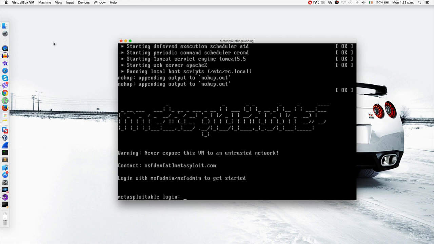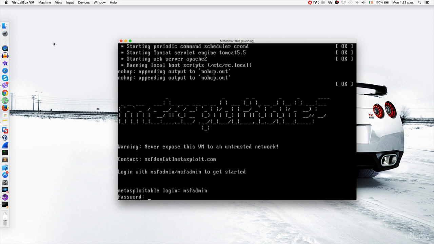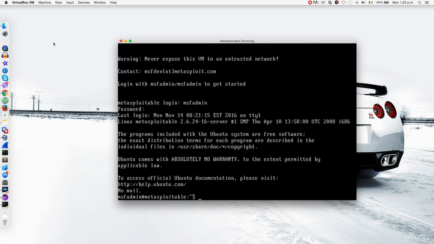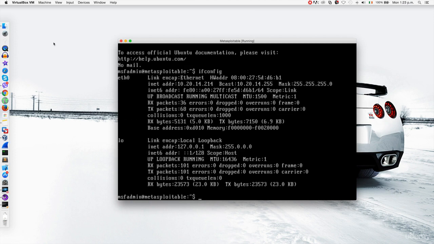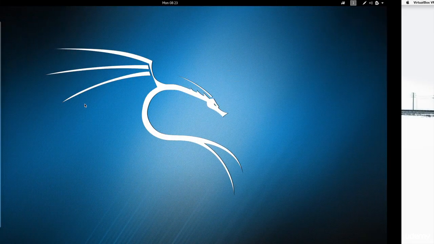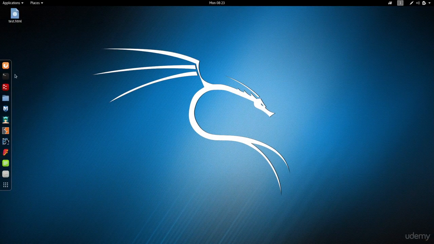So I'm just going to log in. Like I said, the username is msfadmin and the password is msfadmin. And to see the IP address of this computer, all you have to do is just type in ifconfig. And the IP address here is 10.20.14.214. So if I go to the Kali machine here, and if I open my browser,